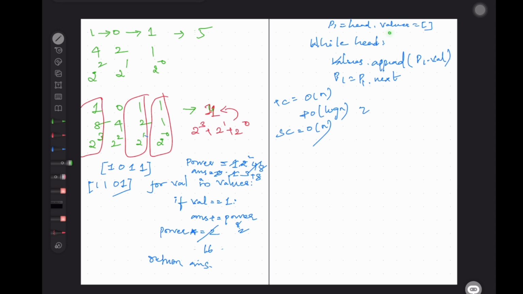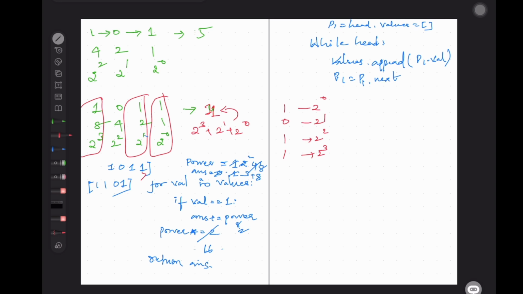Log n is nothing but we are reversing. So basically what we are going to do is, let me show you one example. Let's take how we are going to calculate this 1 0 1 1, which is 2 to the power of 0, 2 to the power of 1, 2 to the power of 2, 2 to the power of 3.